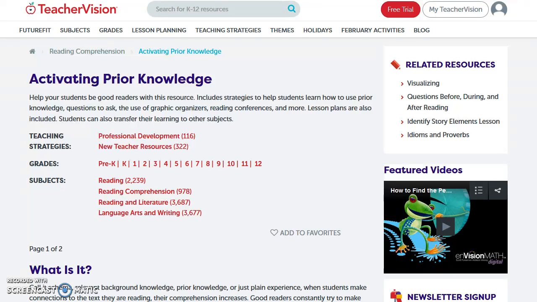Okay, so for this assignment, I chose to focus on activating prior knowledge from our UDL topics. So I found this really great website called Teacher Vision, and that can be accessed at www.teachervision.com. And I believe accessing prior knowledge is really important